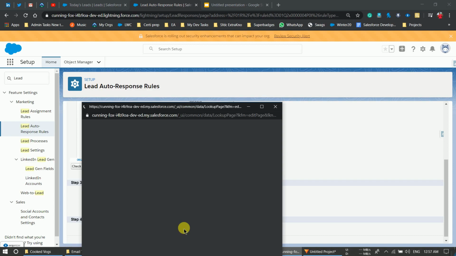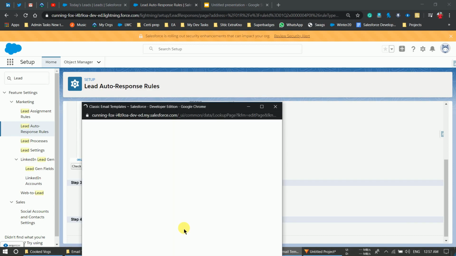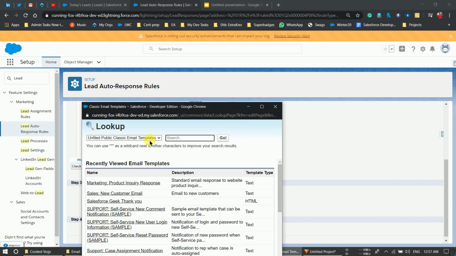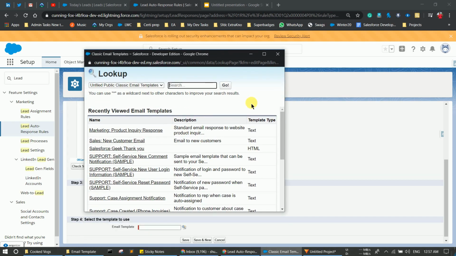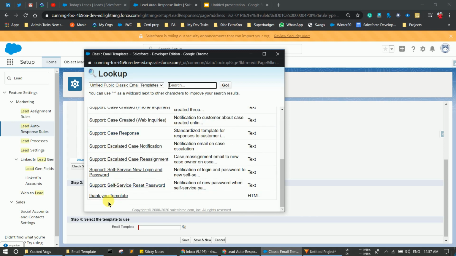Now what you have to do, simply you have to select the email template. So as I told you in my previous video that auto response rules only allow you to choose the classic email templates, not the lightning one. That's why I created a lightning email template in classic one, not in lightning. So here I have simply chosen the Salesforce Geek thank you mail template, which I created in my earlier videos.